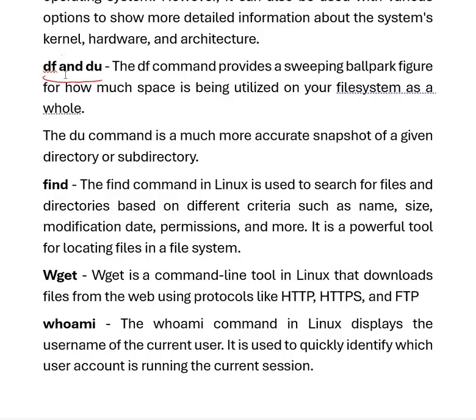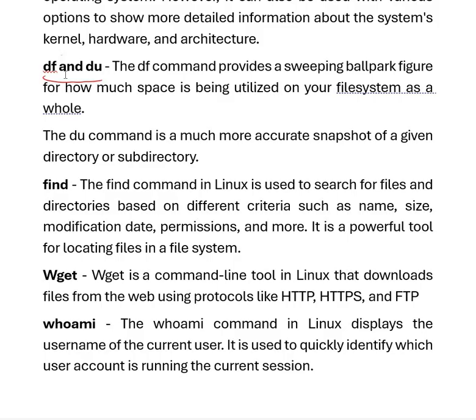The next thing is find. The find command in Linux is used to search for files and directories based on, for example, the name; if you give a name, find displays which file matches. The size also you can specify, the date, all those things you can use with the find command. For locating or searching for files, there is no command named search in Linux. If you want to search for files, you have to use the command find.